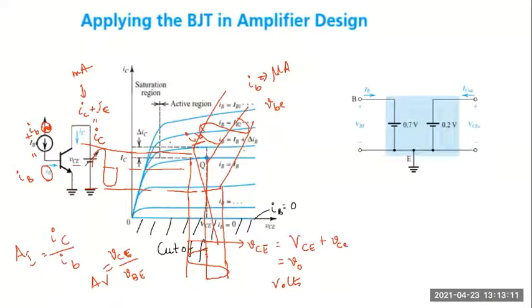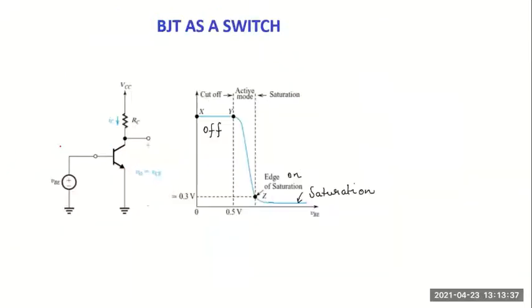But please remember, if it has to work like an amplifier, it has to be biased. In the sense, this is not possible without ensuring that the base emitter junction is forward biased and the base collector junction is reverse biased. And to do that, I have to give DC power supplies to the transistor. And normally we do it by using a set of resistors. I hope you understood how it amplifies.